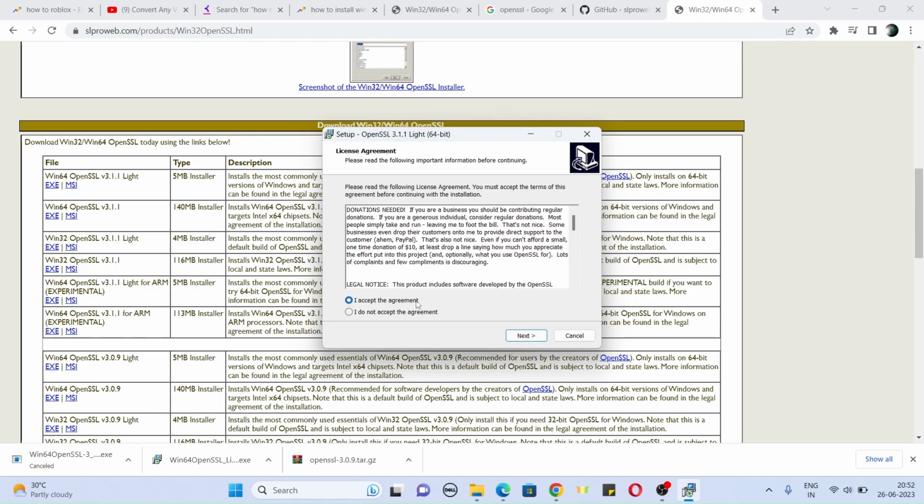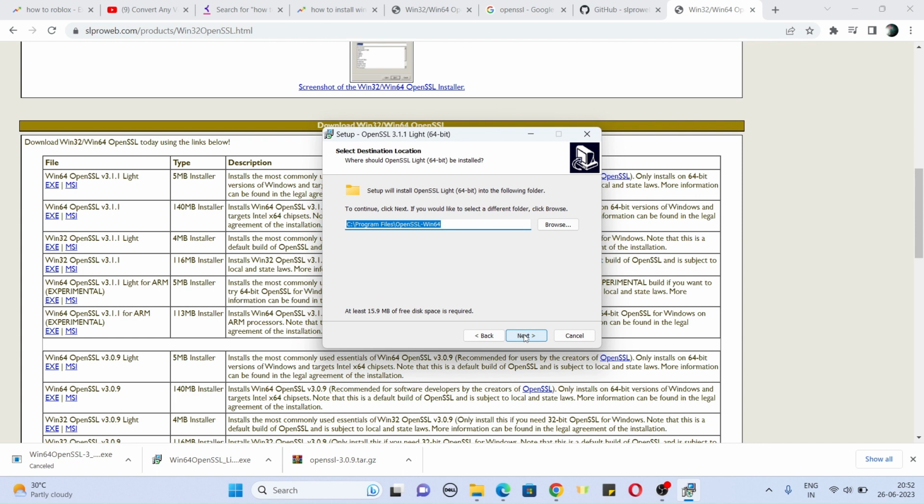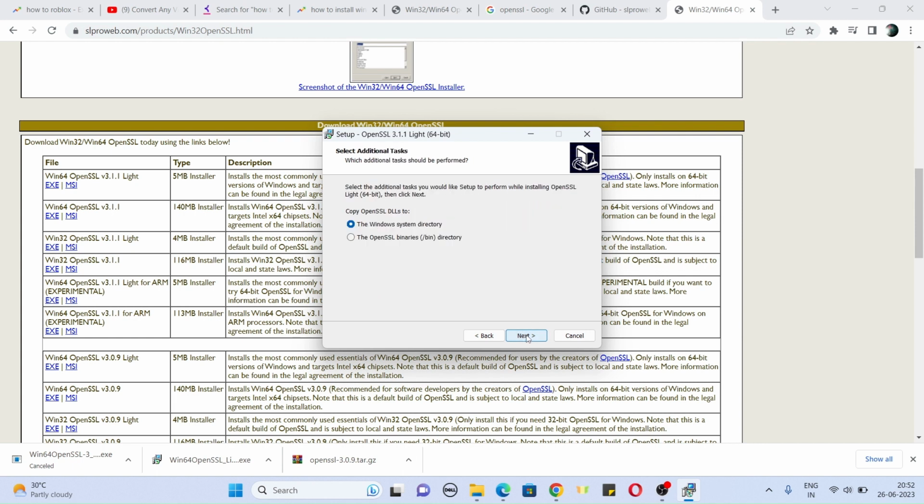So guys, once it is downloaded, just open it to install, click on accept the agreement, and click on next, click on next, and click on next. And now it is asking me to copy the DLLs files to